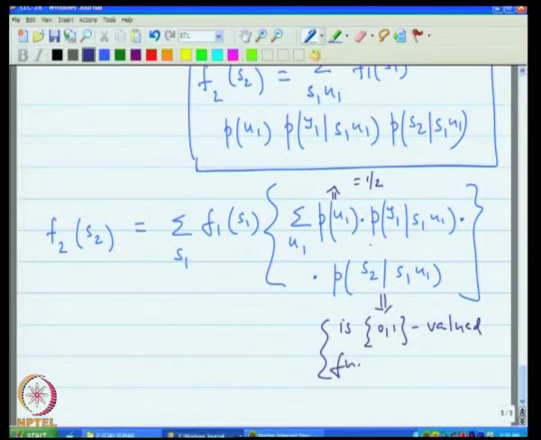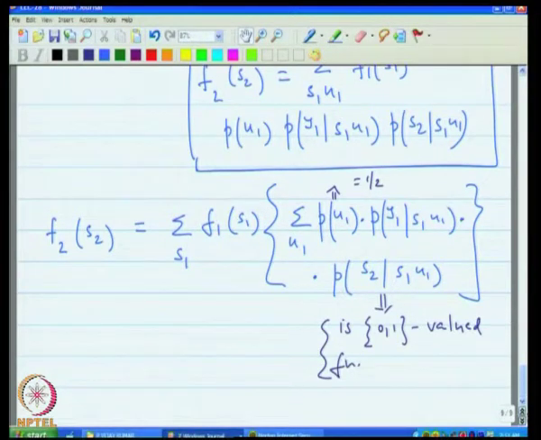So, basically what you are saying is that the net outcome of this entire computation is either a particular value of this or 0. And the moment you look at it like that, this entire thing is a function of S1 and S2,